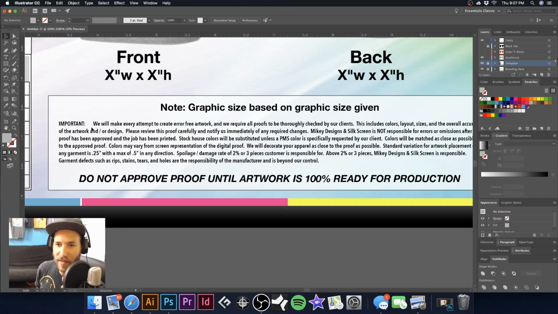Now these are some terms and conditions which we like to include in our proofs. That way it covers our butt, and if someone does happen to approve this proof and we print the shirts the way they are, you know, if we print a couple hundred shirts and they say, hey, that's not the correct art, but we send this over to them and they approve it, then that's not on us,